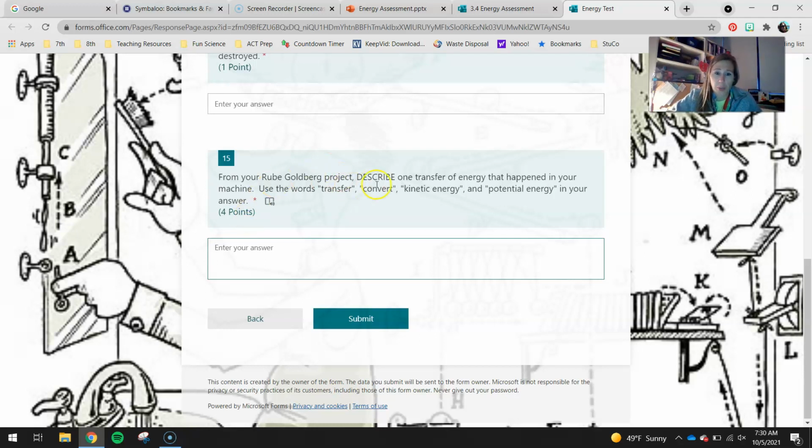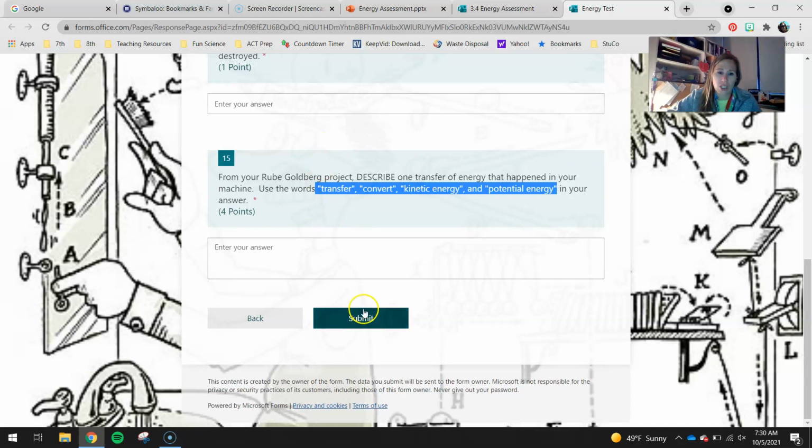So from your Rube Goldberg project, describe, so you need to put a little work into this, one transfer of energy that happened in your machine. Use the words transfer, convert, kinetic energy, and potential energy in your answer. So that's worth 4 points, basically, for you guys using these 4 vocab words to describe this transfer of energy in your Rube Goldberg. Okay, once you guys are done with that, check back over your test,